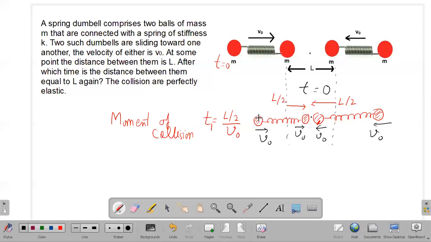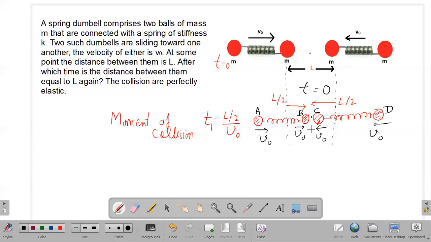Now let us mark the masses as A, B, C, and D. Notice that the collision is between B and C, and they are connected by the spring. We all know that the spring force is never an impulsive force. If a body is attached to a spring and you put some external impulse on that body, the spring will not react impulsively. So block C will give some impulse to block B, but the spring won't exert any impulse on block B.